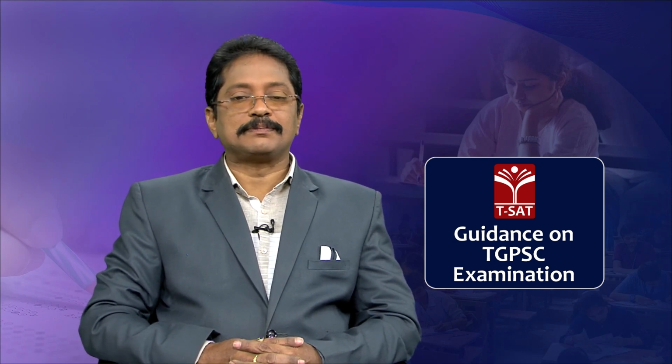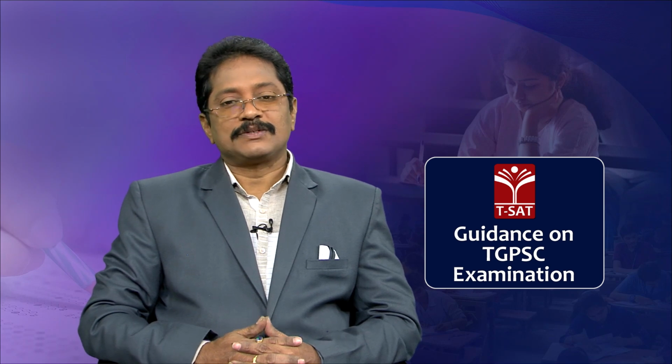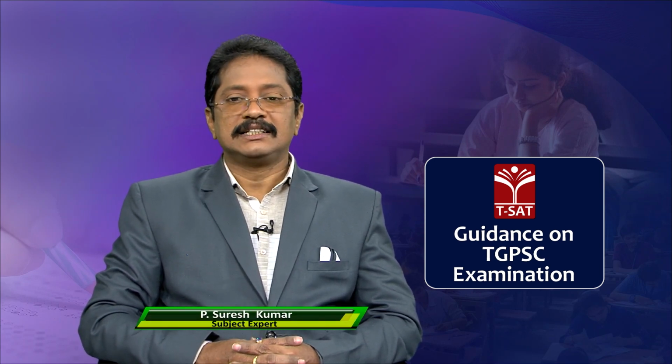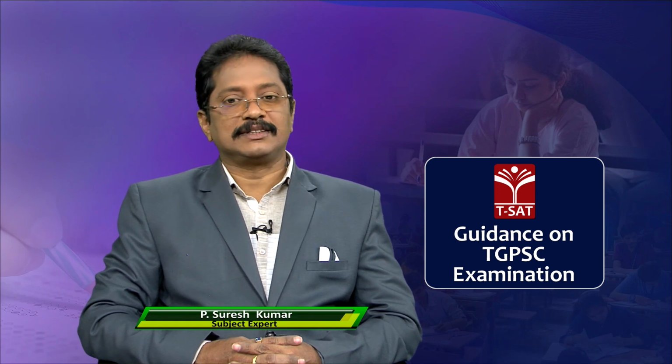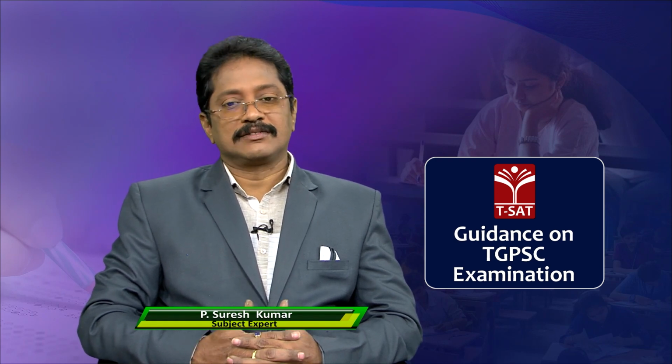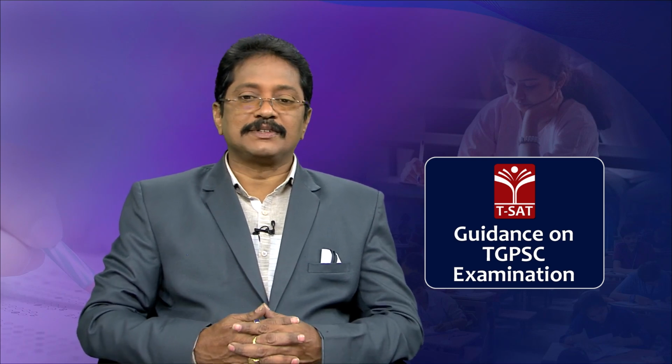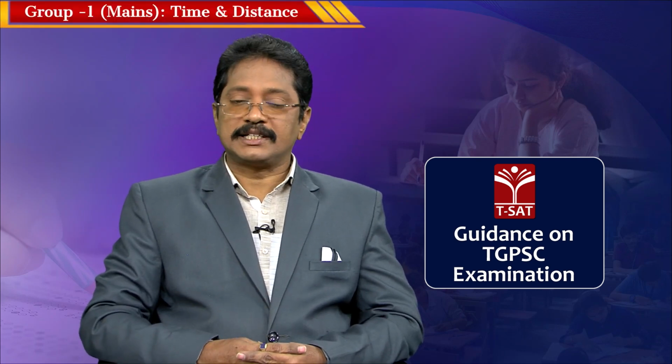We know that we have 6 papers and each paper contains 150 marks. In paper 5, we have Science and Technology, Data Interpretation and Problem Solving. So, 50 marks for data interpretation and problem solving, which comes in section 3 of the paper. Section 1 and section 2 are 50 marks each and come under the area of science and technology, and section 3 is 50 marks based on data interpretation and problem